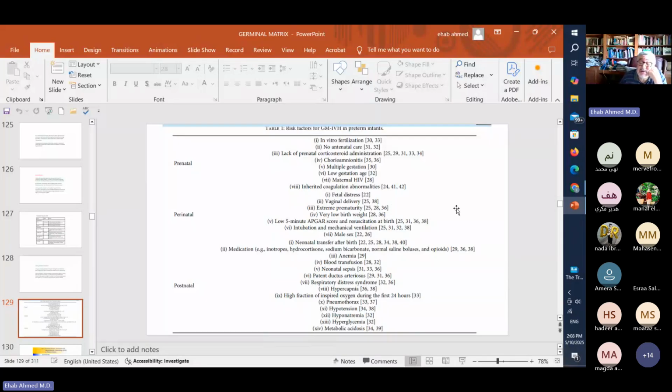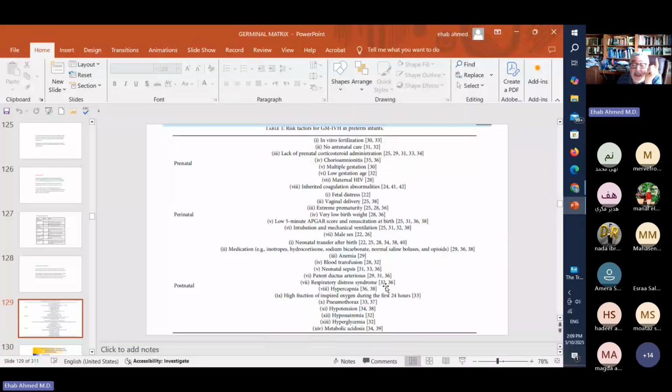Yes, low Apgars might be predictive of GM-IVH. If the Apgars are very low, especially at 5 minutes, this baby is at high risk to develop GM-IVH. Neonatal transfer, as we mentioned, medications like inotropes, hydrocortisone given to the baby. This is perinatal. Sodium bicarb, acidosis,